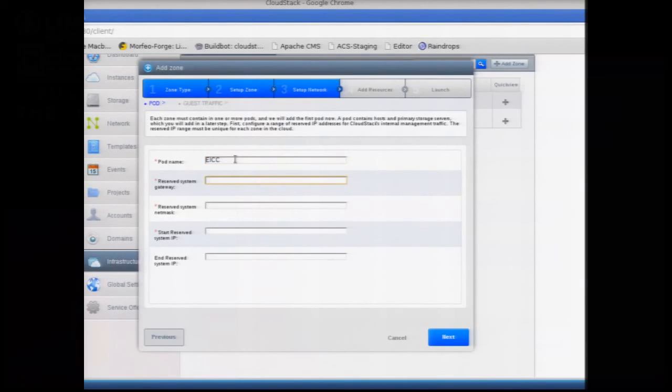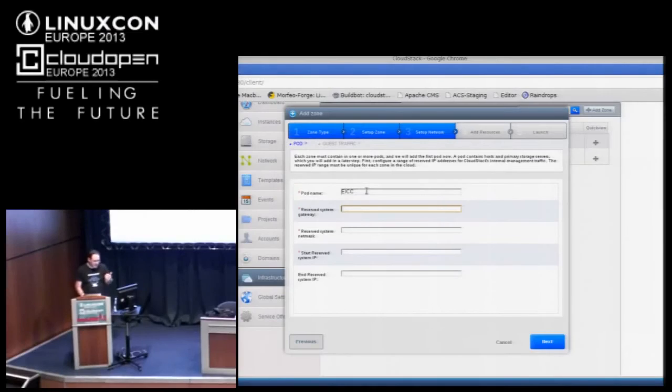We will create our first pod, which again is generally a rack or row of racks. And we will say that the reserved system gateway, this is essentially the management network that's going to be used in that pod. This is the gateway for the guest network in that pod. This is the gateway that's going to exist. We are assuming that the underlying guest network has a gateway out. I really dislike the fact that they call it reserved for that particular field and this one. And the net mask,